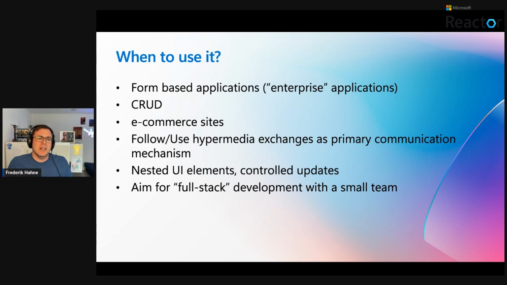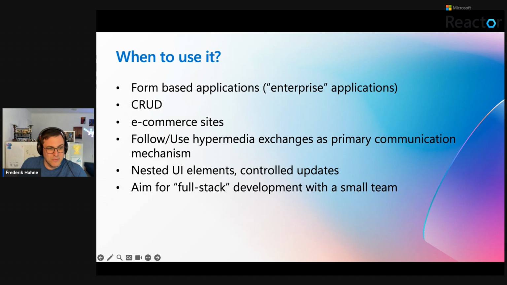So it should be in a nested manner and controlled updates. So maybe not a good idea to update something in the lower left corner and then update everything you have in your header bar, for example. So it really makes it hard.